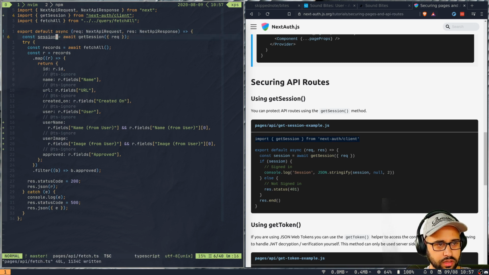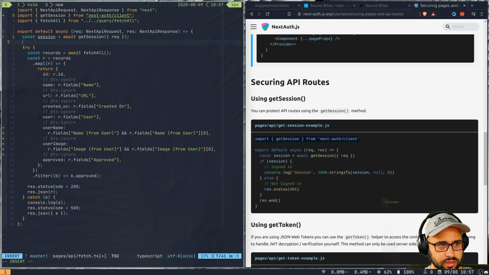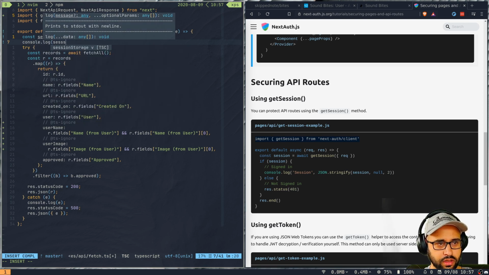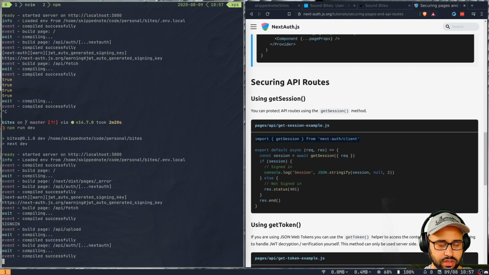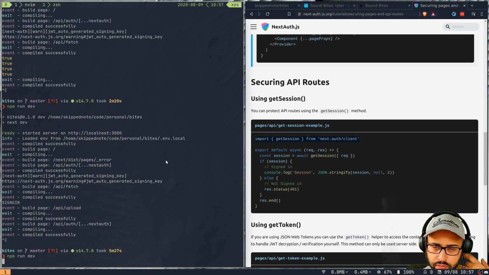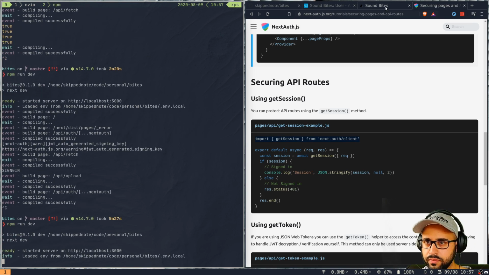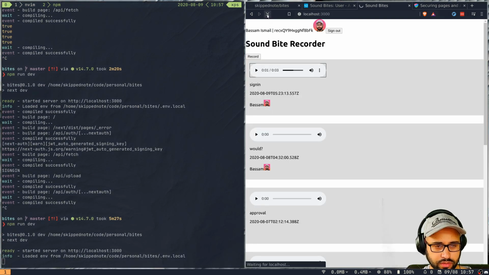So yeah, the session, what it looks like, okay, we don't have type definitions for it, but let's just do a log of it. So let's log the session. As an authenticated user in my session, it should log the values that are there in my session. So if I refresh now that I've restarted my server, okay,